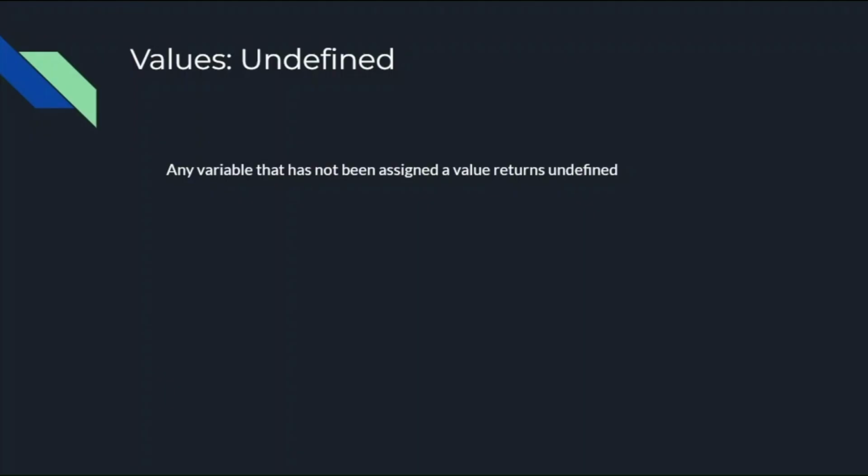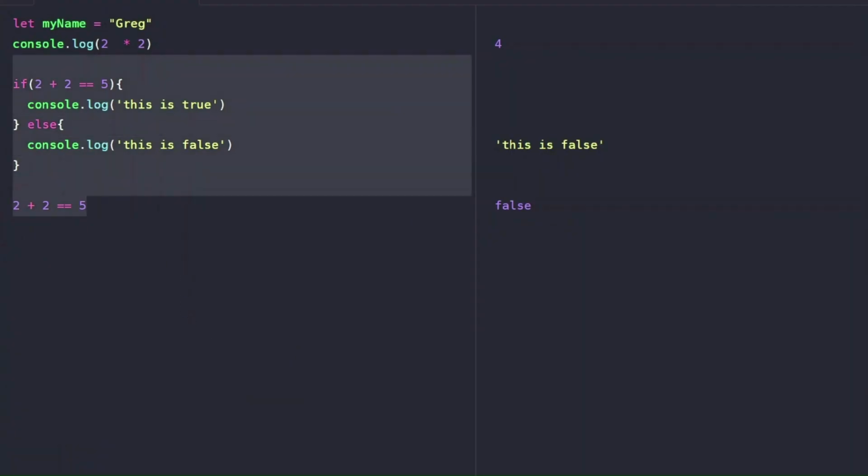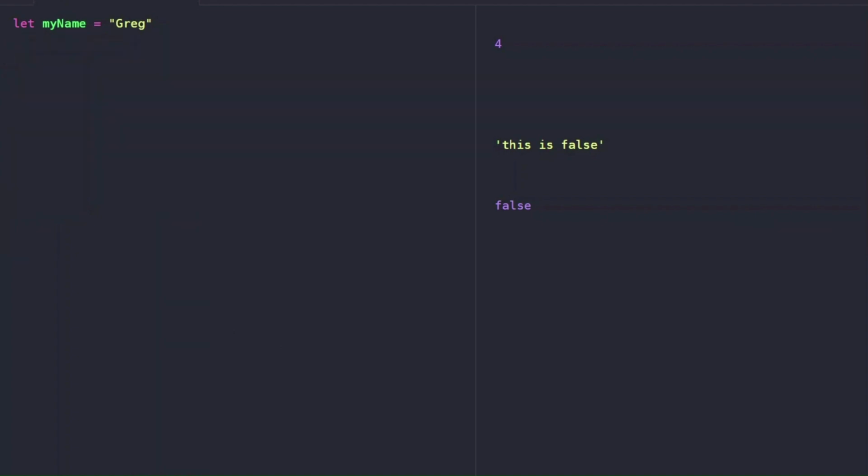Next value that we have is undefined, and any variable that does not have a value assigned to it is regarded as undefined. Again, let's jump into our code editor quickly and see this in action. So an undefined says that any variable, my name is a variable, right? that doesn't have a value. Greg is a value, so let's remove this value. That doesn't have a value is considered undefined. Now, if we try to log my name,